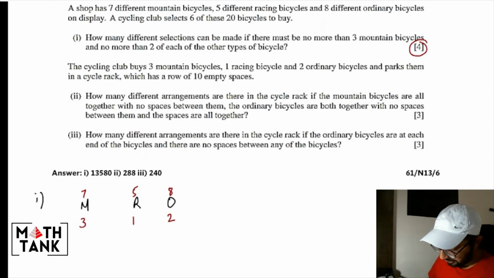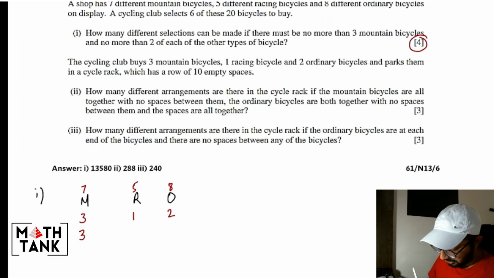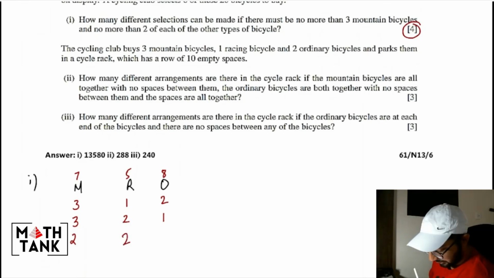Okay, 3, 1 and 2. Then I could have 3, 2 and 1. Then I could have 3, 2. I could select no more than 2, so that's 2, 2 and 2. So I have 3 different cases here to